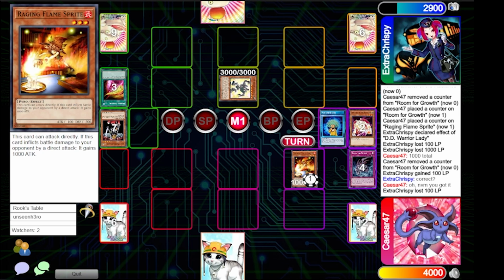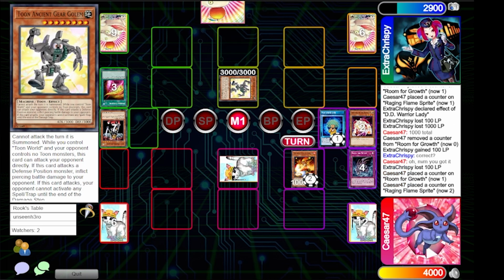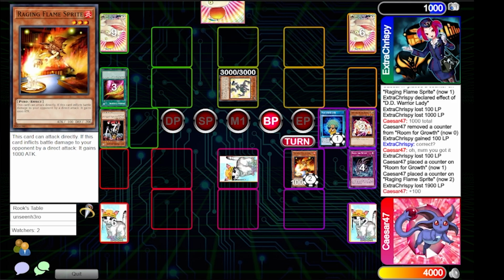That's going to be 1,100 hitting Crispy directly with the opportunity to buff it to 2,100 by the end of it. But Ancient Gear Golem still beats over that. So that's at 2,000. Going to leave Crispy at 900. We got to topple over it next turn. Caesar did not top deck a set to potentially deflect that attack, so looks like we'll be okay, but Crispy at 1,000, we also know that Caesar runs Amethyst Cat,